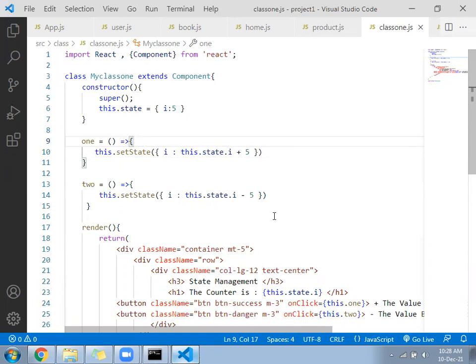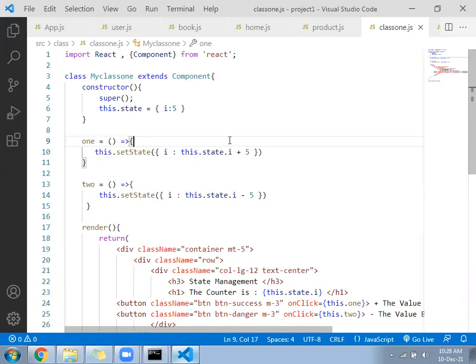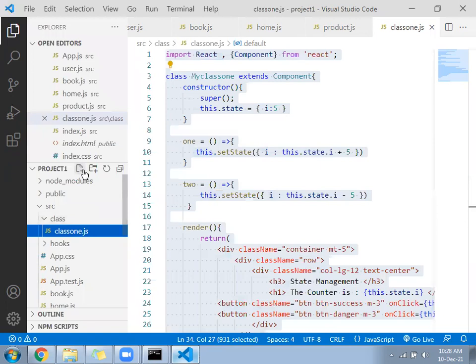class2.js. You can take a direct copy of this file, class2.js, within the class folder.